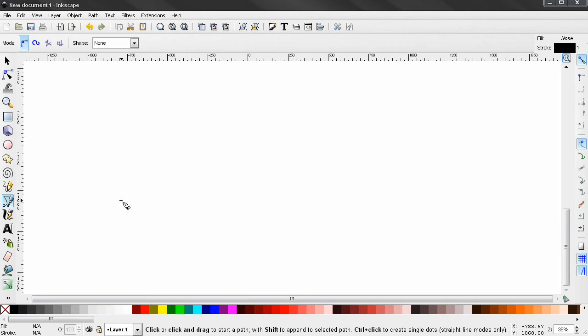Hi, in this tutorial I continue with the Bezier tool, and with this tool we can draw curves and straight lines. Keyboard shortcut Shift plus F6. We have 4 different modes here. By default we are in this one, create regular Bezier path, and the way we create or start a path is